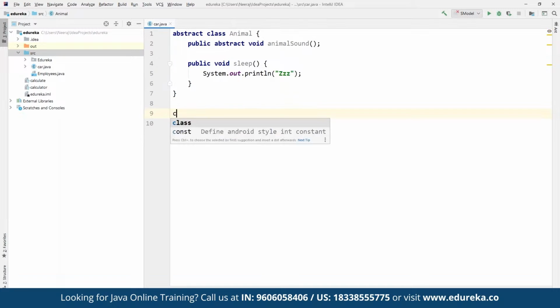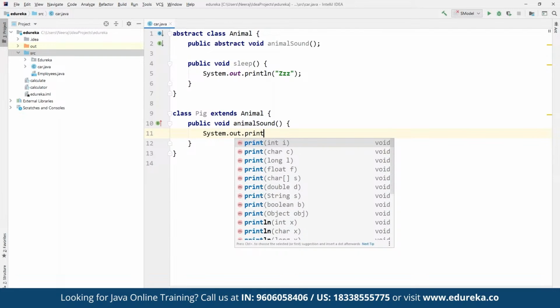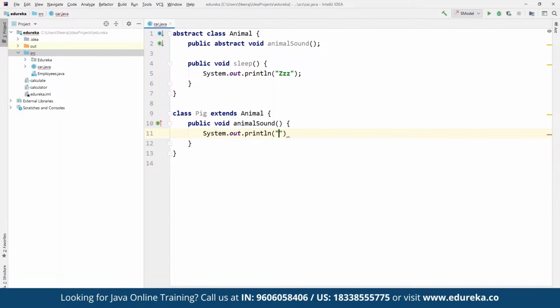Here we can define a class for, let's suppose, a Pig. Here we can extend this from Animal, and then within this we can define public void animalSound from the parent class from which we have derived this Pig class, right? Here we can define the class, and then we can define the statement as System.out.println, where we are going to specify the sound for a pig. Let's say the pig is going to say, suppose, here we have